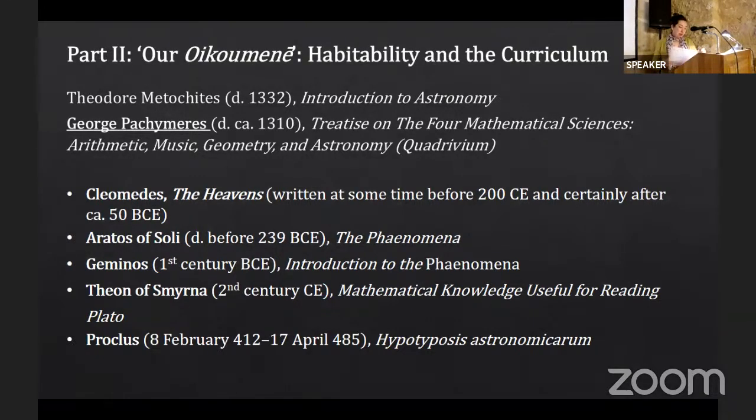The Heavens in particular becomes very popular in the late 13th century, and its medieval tradition amounts to more than 80 manuscript witnesses, which is more or less the same as Ptolemy's Almagest in Greek. So that's also significant. Since the historiography on astronomy in Byzantium has been and still is focused mostly on Ptolemy and Ptolemaic astronomy, and that is of course not unreasonable, but that also means that the introductory textbooks of the Hellenistic and later periods were and remain largely unacknowledged by scholarship as constituents of Byzantine curricula for the teaching and